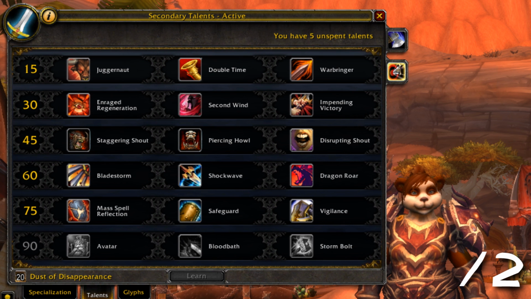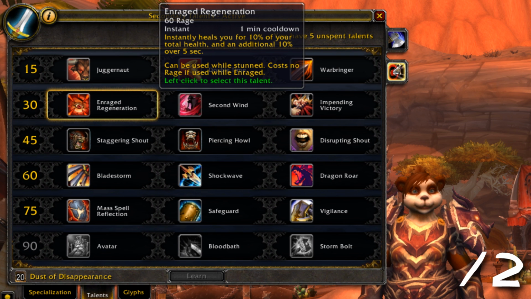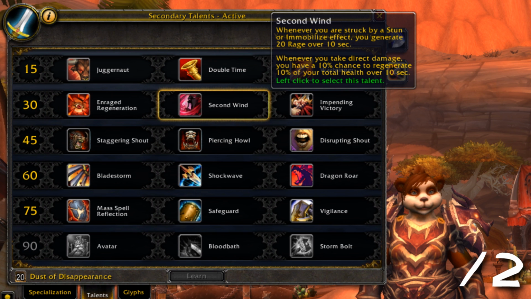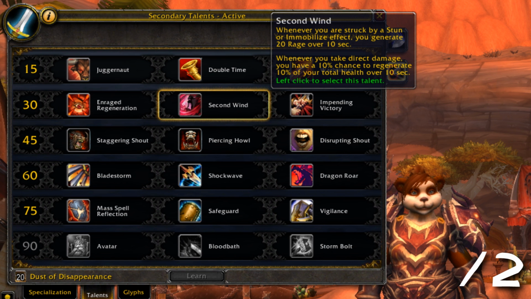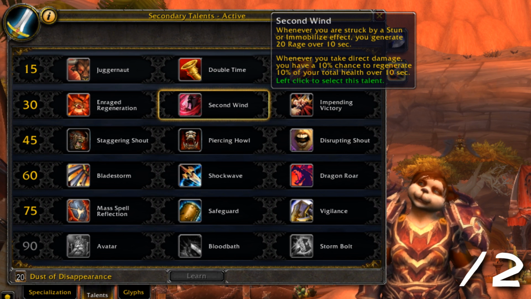The level 30 warrior talent tree all has to do with healing abilities. You'll have the option between Enraged Regeneration, which instantly heals you for 10% of your health, and then an additional 10% over 5 seconds. It can be used while enraged or while stunned and has a 1-minute cooldown. Second Wind, which causes you to, whenever you're struck by a stun or immobilize effect, you automatically generate 20 rage over 10 seconds, and whenever you take direct damage, you have a 10% chance to regenerate 10% of your health